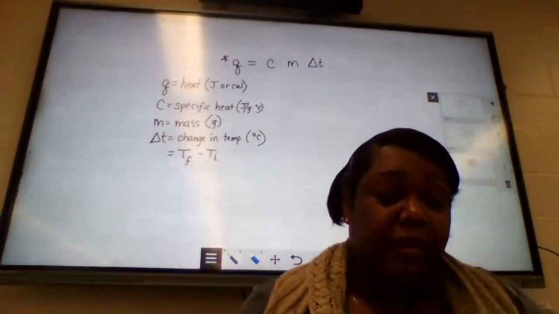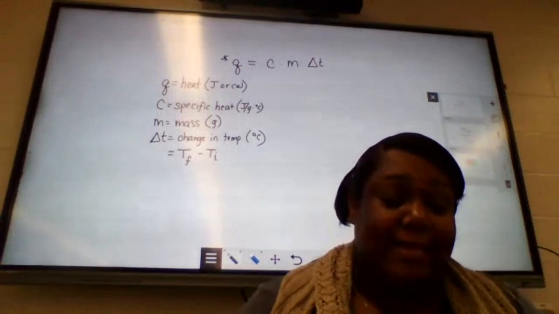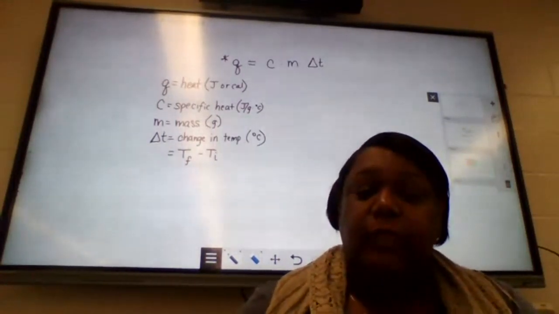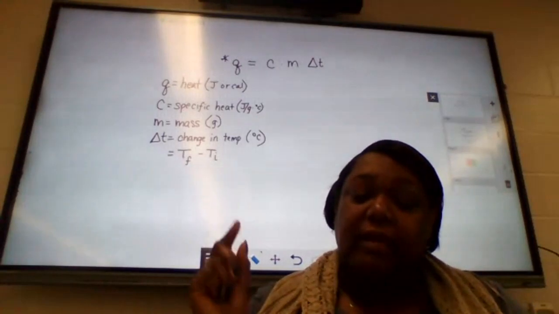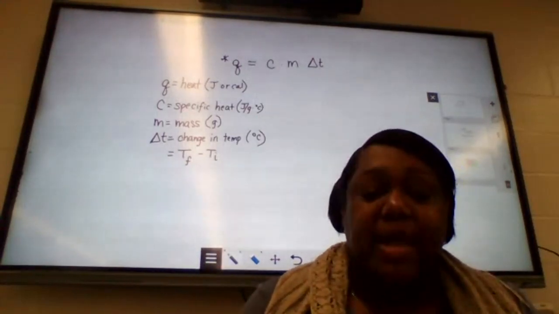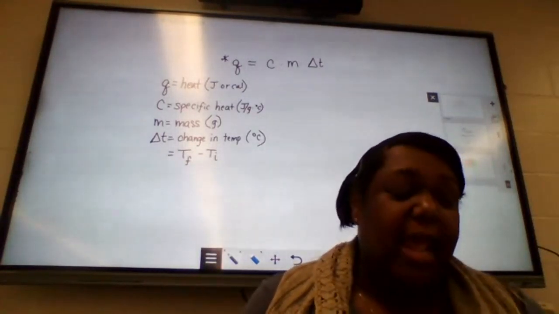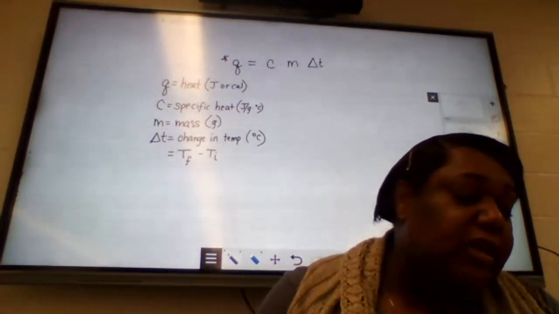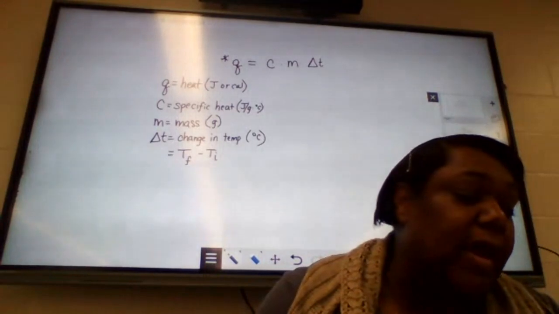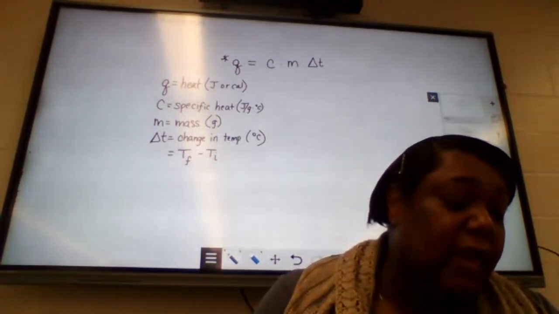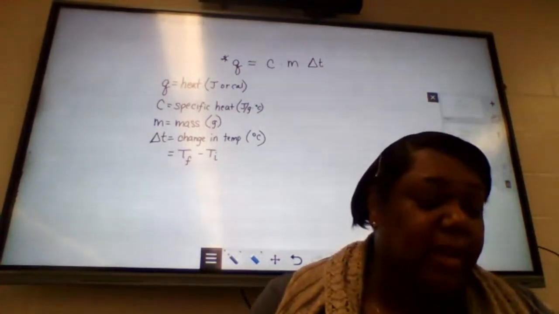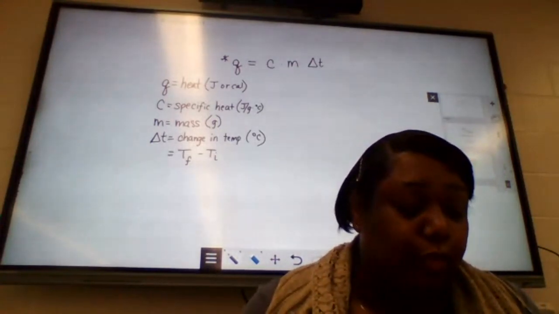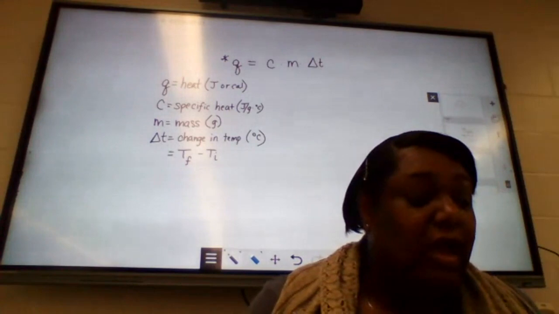Now, please make sure that you understand that there is a difference between heat and temperature. Heat we can calculate. Temperature is actually a measure of the kinetic energy, and so you need to be familiar with that. Then your book goes into talking about units and signs. So make sure you read over that information there. And then in section 18.5, it goes through some heat calculations.